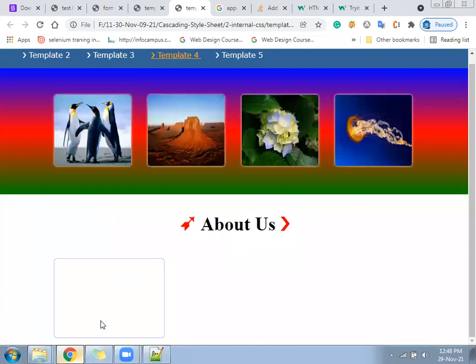Something like this. In this now we will fit some image and some text.